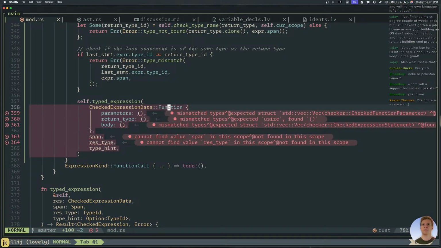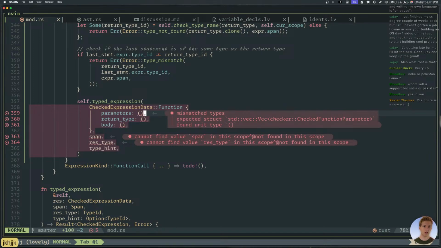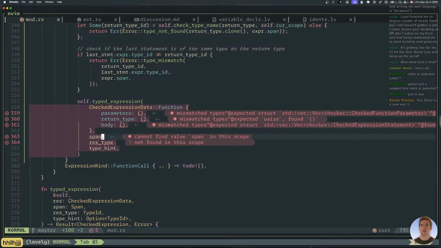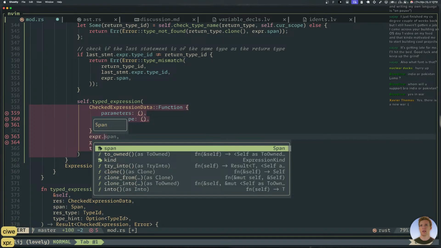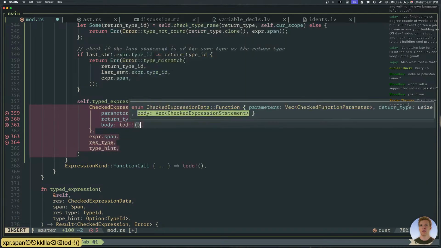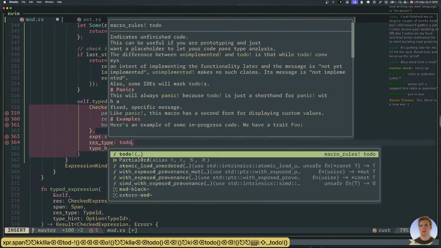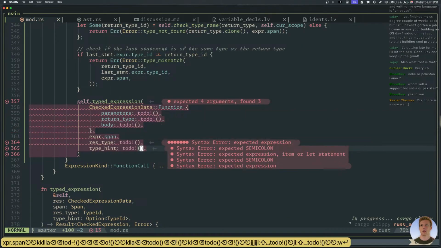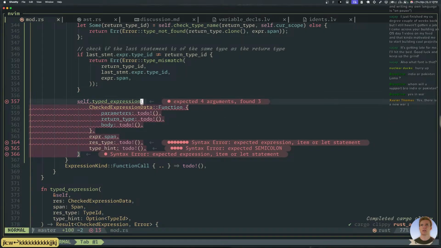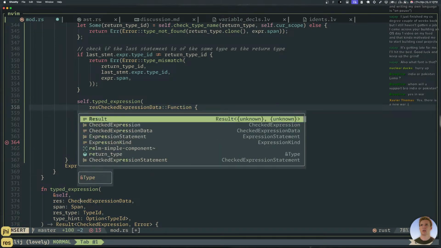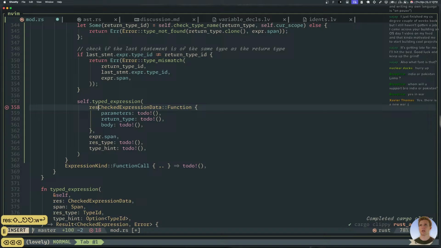Okay, so function. Okay, what can I do here? So this becomes expr. I know this one, expr.span. This one becomes, can I make these into to-dos? Expected 4 arguments and found 3. Oh, whoops.